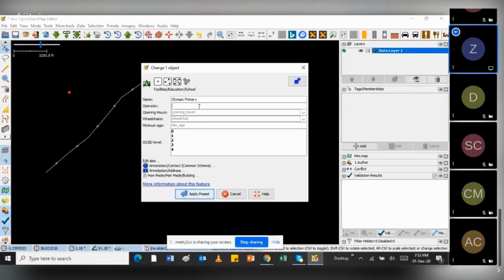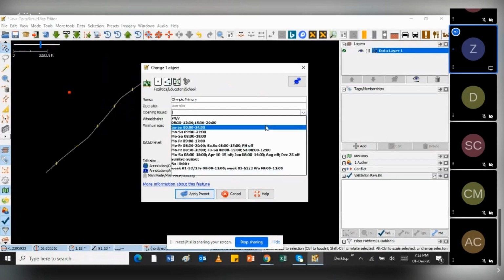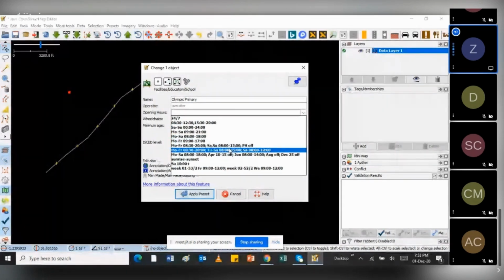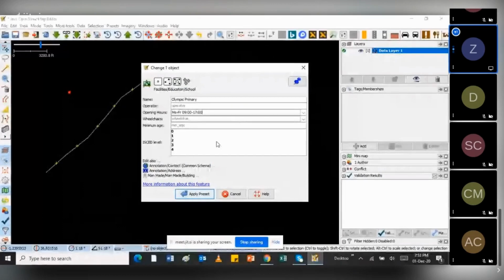Then opening hours, if I know the opening hours of the school, I'll say maybe it's Monday to Friday from 9 to 5. Do I know if the school is accessible by wheelchair? I'm also not sure, so I'll just leave that blank.